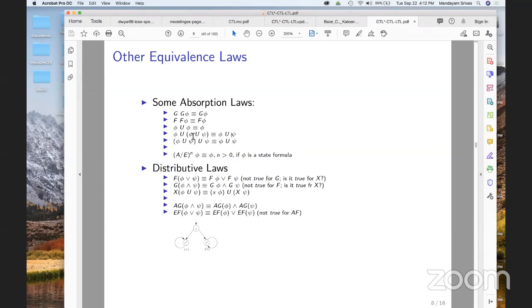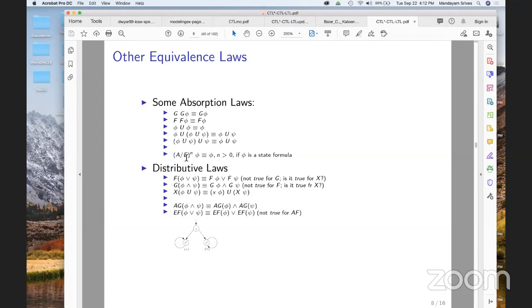Phi until phi will actually mean that phi has to continuously hold until psi. And once psi holds good, it doesn't matter what happens later. That's why these things are equivalent. Similarly, you can get rid of repeated occurrences of A and E. They don't add any